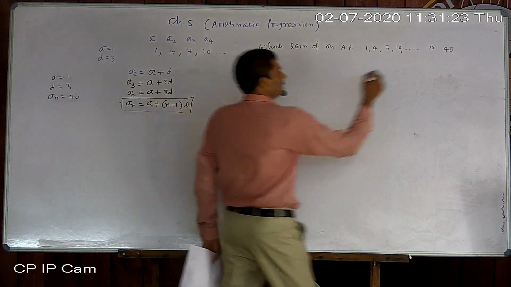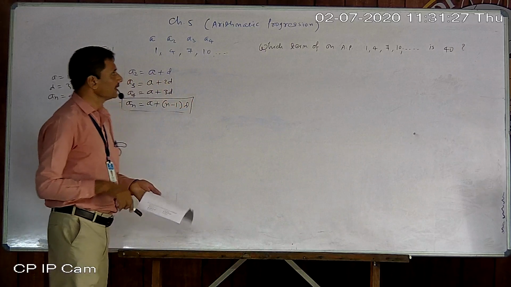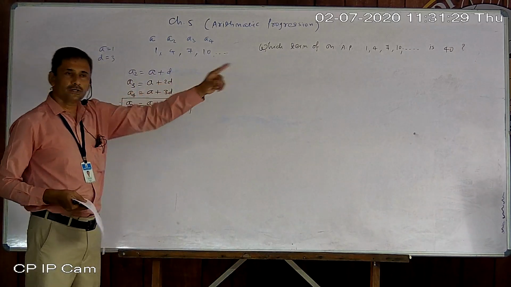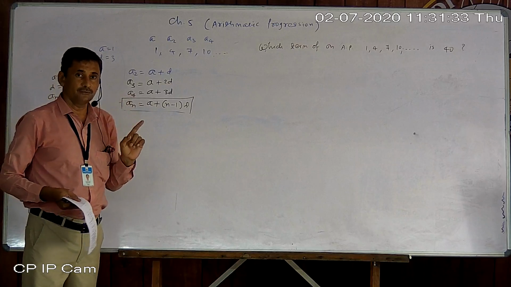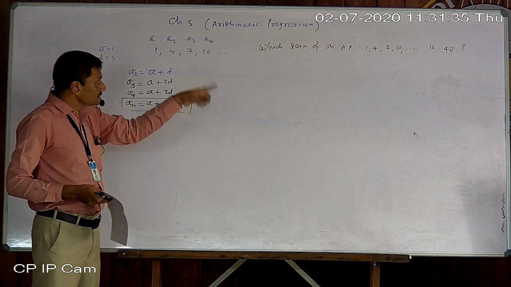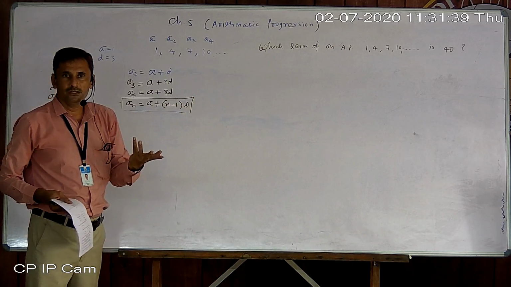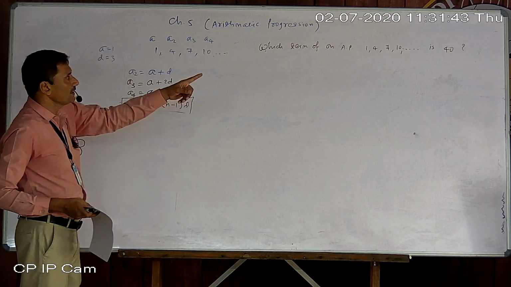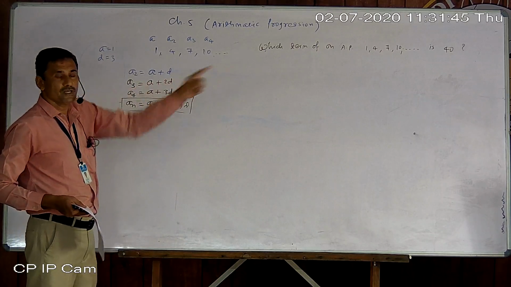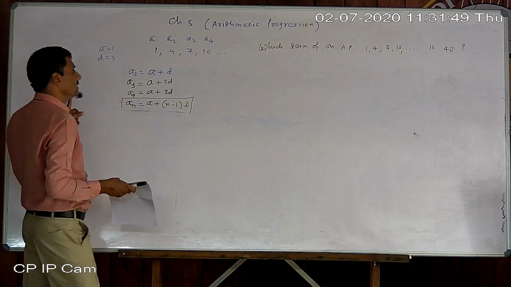Okay. This way it can be asked. So now we understand here 40 is not the number, the sequence number of that term. It is its value. This term of the given AP is 40. Where is 40? What is the position number of 40? Many students consider 40 as n, but it is not n. It is a n.